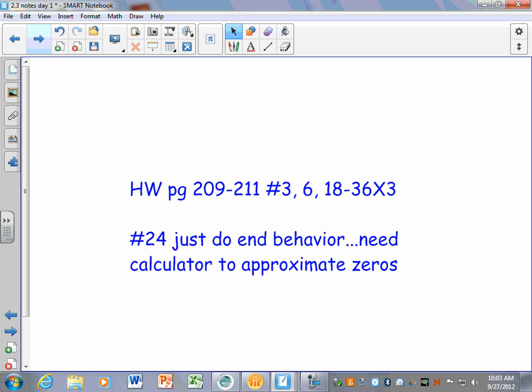Like, I can tell you that, like 27, the directions say describe the polynomial using limits as x goes to infinity, but just do the in behavior the way that we did it. But that's the only one. 24 is the only one that I was kind of worried you would freak out about. I guess I gave you 2 graphing. Number 3